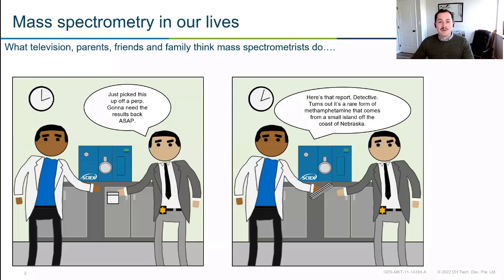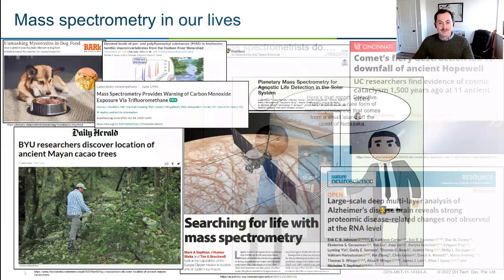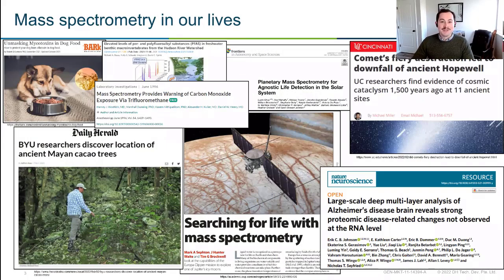That's true. But mass spectrometry affects our lives in a variety of ways beyond just testing drugs in a fictional TV show. It impacts everything from studying previous cultures to understanding if there's life beyond Earth, keeping us alive when we go under anesthesia, and all the way down to keeping our food safe for our pets, family, and friends. So regardless of whether you're a chemist or just a regular person out in the grocery store, mass spectrometry affects our lives every day.